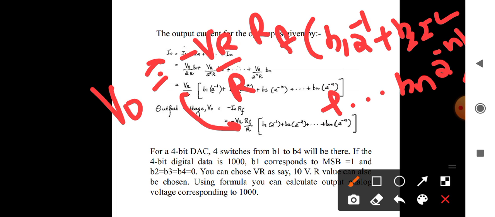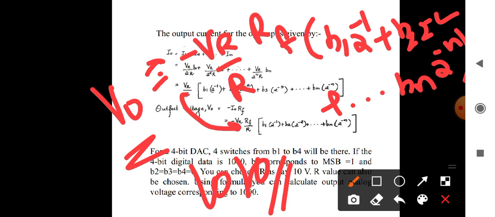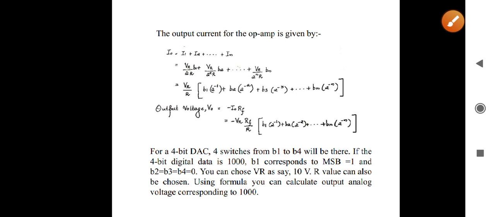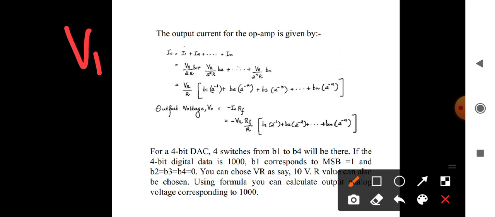So this output voltage is the voltage which corresponds to your input binary number, that is 1010. If 1010 is the input binary number, then B1 is present, B2 is 0, B3 is 1 and B4 is 0 here. So if you are taking it for the binary voltage, say if we are taking the reference voltage as 10 volt,